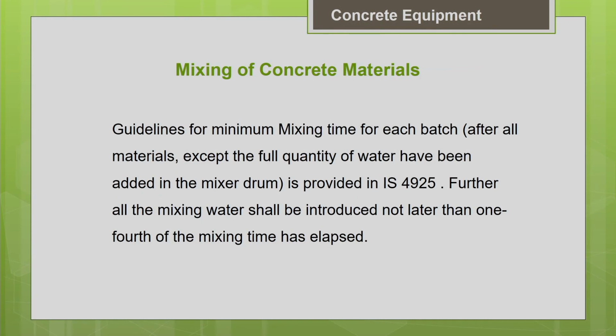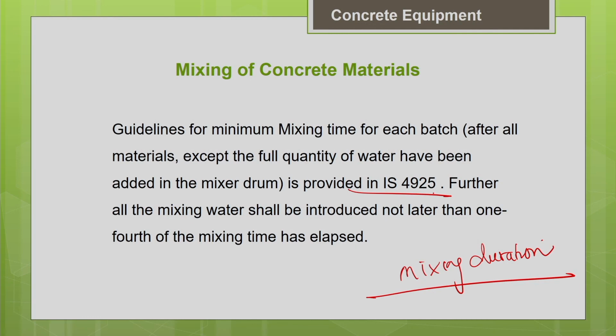Another important thing we have to note here is the mixing duration. The mixing duration is very critical. We have to make sure we meet at least a minimum mixing duration as stipulated by the guidelines of the manufacturer. This is because the mixing duration needed will vary for different types of mixer machines. For your power mixer, the mixing duration needed is lesser when compared to the free fall mixer, and the duration needed will also vary with respect to the capacity of the mixer machine. The minimum mixing time needed is given in the codal guidelines in IS 4925 for different types and capacities of mixer machines. We should follow the guidelines.